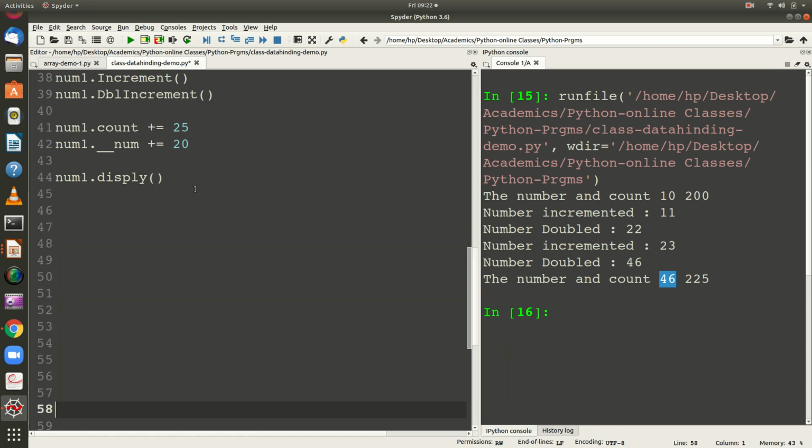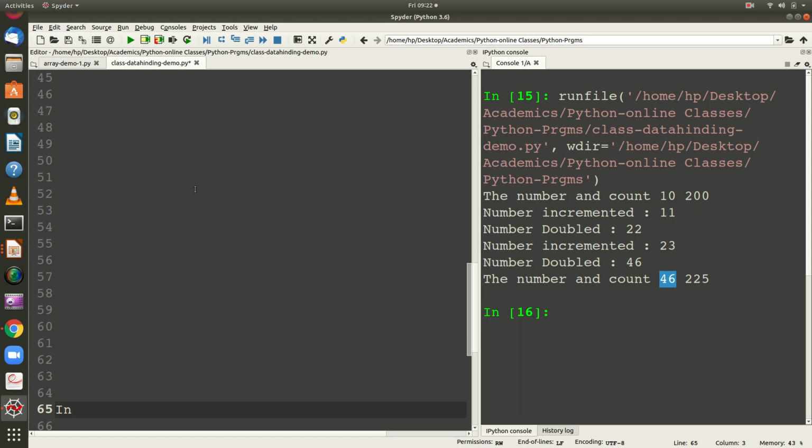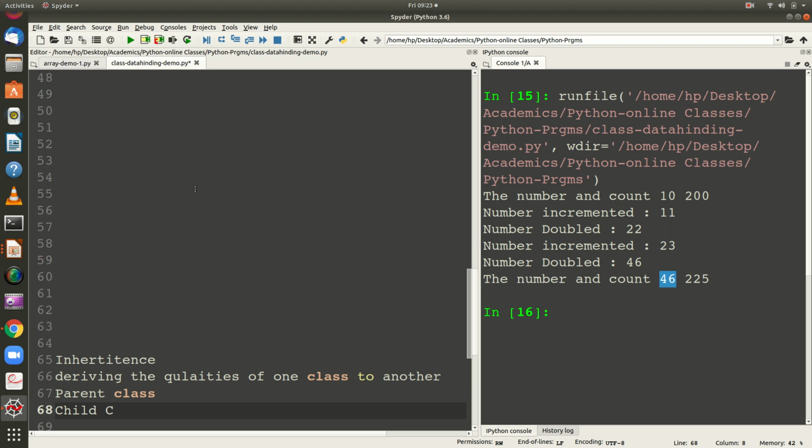So, the keywords that you have to remember here: inheritance, that is, deriving the qualities of one class to another. That is what you call inheritance. And here you will have a parent class, then you will have a child class. What are the other names for parent class? You can call it base class or super class.